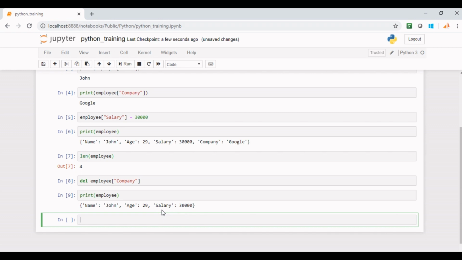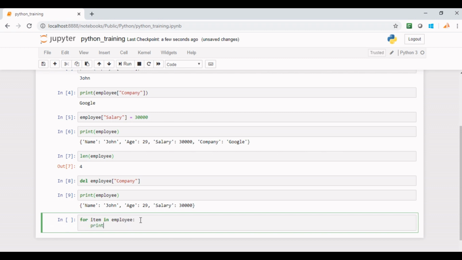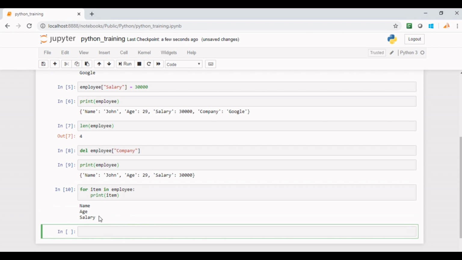You can iterate a dictionary to separately access its keys or values or both key value pairs. When you iterate a variable in dictionary sequence variable, it points to its key. Let's take this example to print all the keys of a dictionary. Here, variable item points to key of every element of dictionary employee. Let me run this code. Here you can see that we have extracted all the keys of the dictionary.